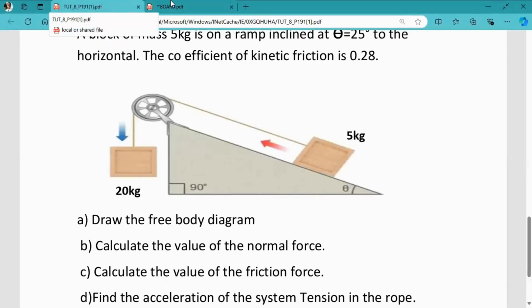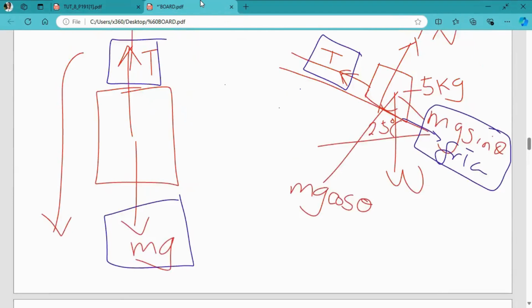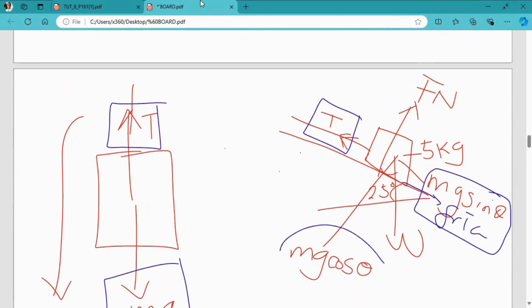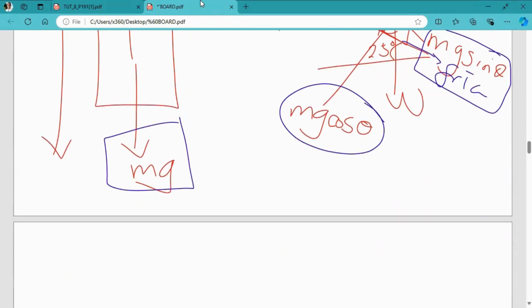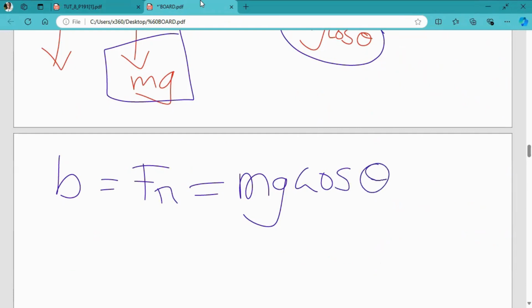B, calculate the value of the normal force. Okay, so the normal force is in the y-axis. And the y-axis has how many forces? It has mg cos theta and Fn. And since there's no acceleration in the y-axis, the two objects are in equilibrium. So we're going to say Fn, which is the normal force, is equal to mg cos theta. So Fn will be equal to 5 kilograms multiplied by 9.81